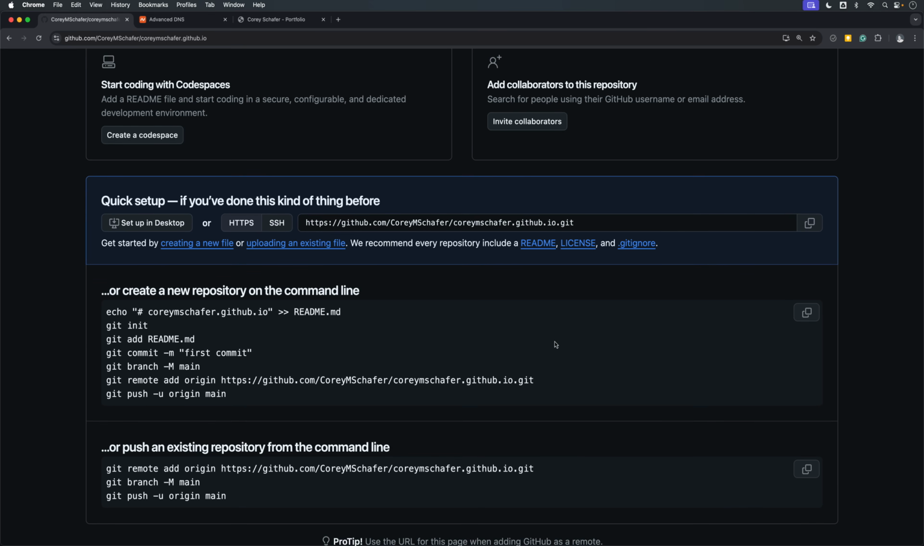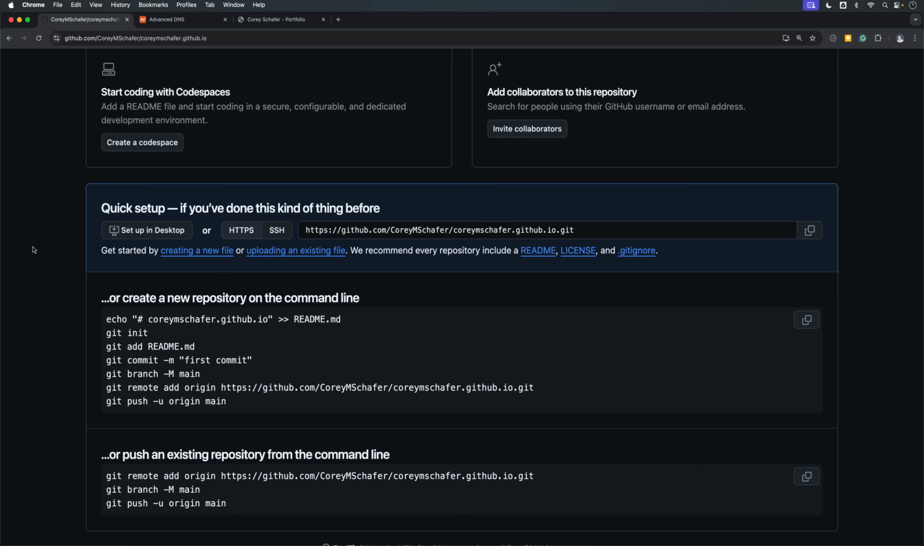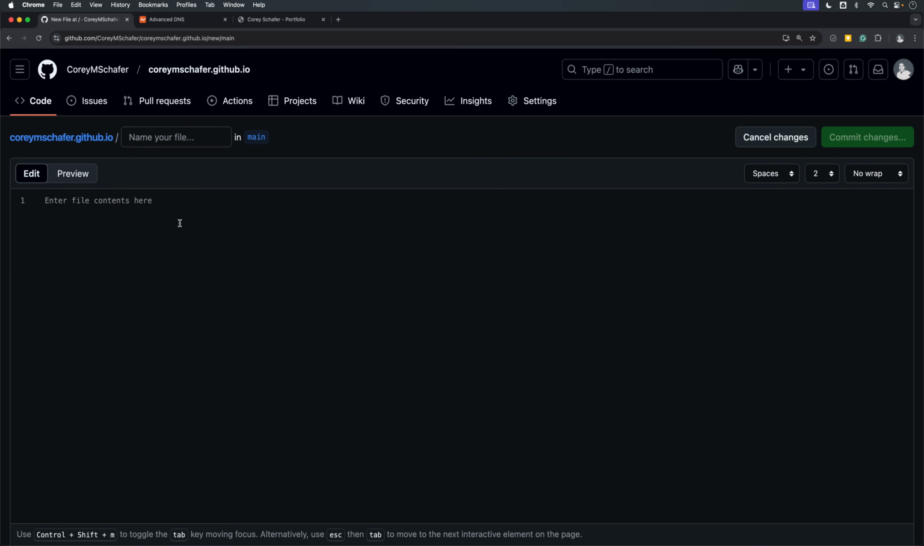But before doing that, let me show you how just creating this repo with that naming convention has already given us the ability to go live with a website. So for example, it also gives us the option here just to create a new file within our repository directly here within the browser. So if I click this and click on New File, I'm just going to name this